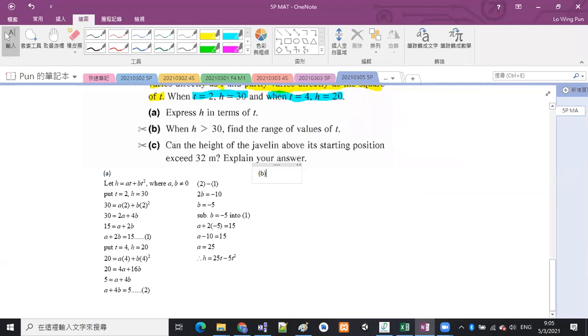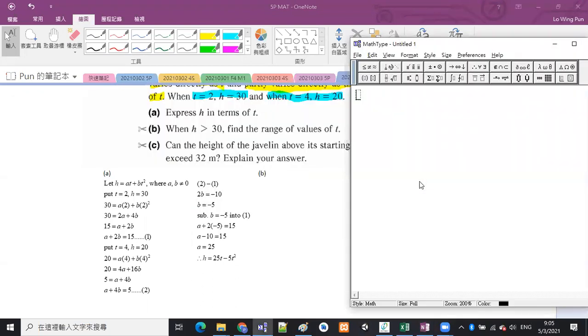And then part B. When H is larger than 30, find the range of values of T. 好啦，嗱呢度咧就有啲考一考你嘅咯噃。OK，考你啲咩咧？睇清楚啦。H this time 嗱，佢唔係話俾你聽 H 等於幾多。以往我哋做開咧就係其中一個等於幾多，跟住叫你計另一個嘅。但係今次咧係話俾你聽 H 大過30，咁我哋可以點做咧？咁冇嘢嘅，H 大過30，我哋個 H 咧係咪計到係 25T minus 5T squared？ So we just